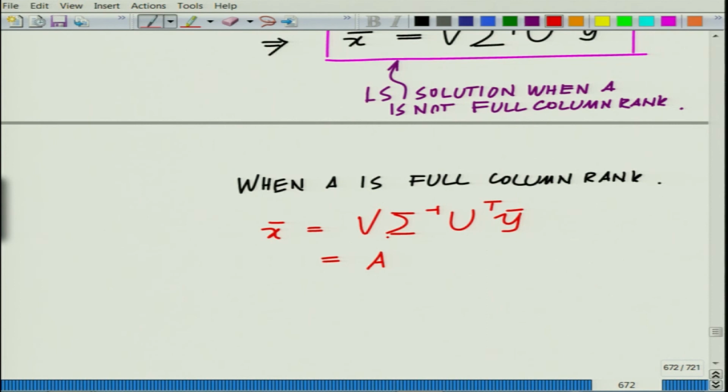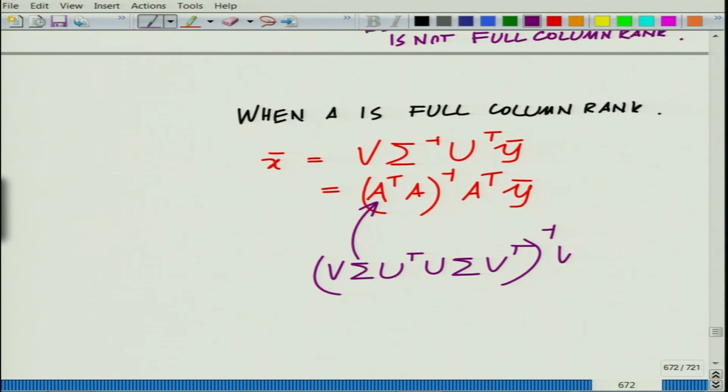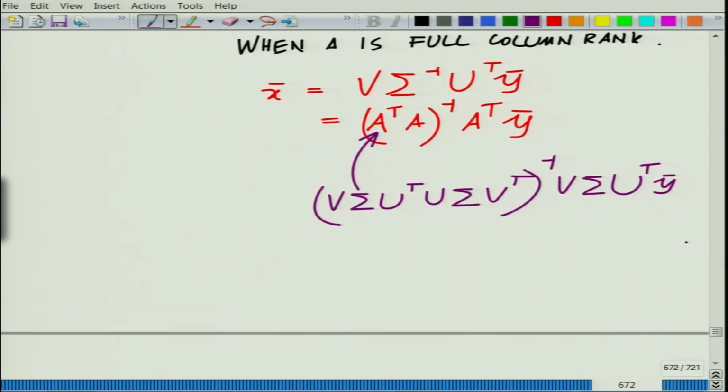is not very difficult to see that this will be A transpose A inverse A transpose y bar, because if you look at A transpose A inverse, substitute the singular value decomposition, this will be your U sigma V transpose; A transpose is V sigma U transpose. So, A transpose A inverse times A transpose y bar: U transpose U is identity. So, this is equal to V